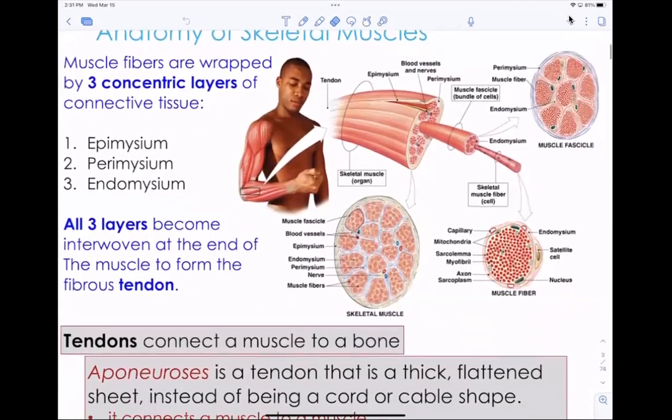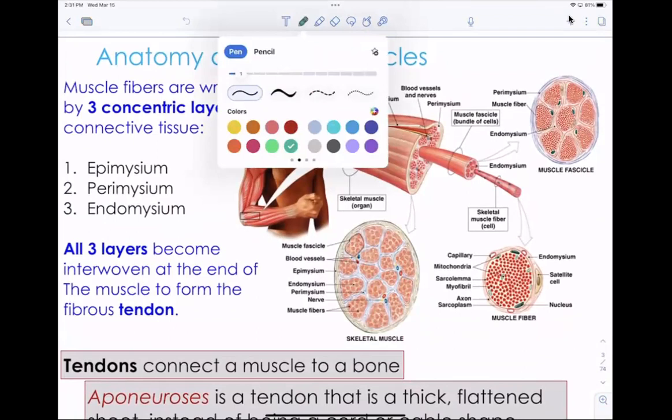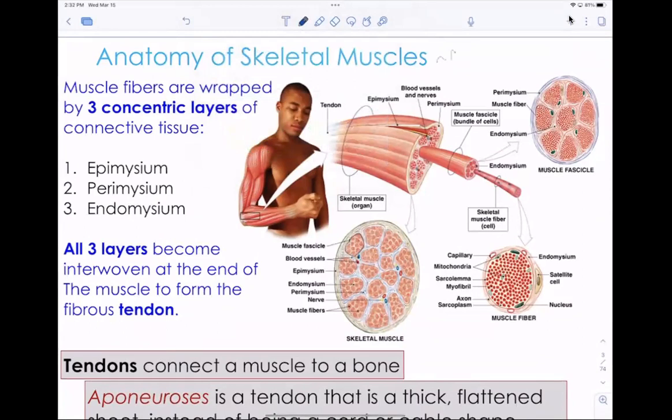Okay, so some anatomy review. Remember, if you have not had anatomy and you want to review the anatomy prior, this is chapter 9 in the anatomy playlist. Chapter 9 in the anatomy will review all of the anatomy of the skeletal muscle. I am going to assume that you have learned all this anatomy and I can just talk about the physiology. But that said, I will break down that a muscle is